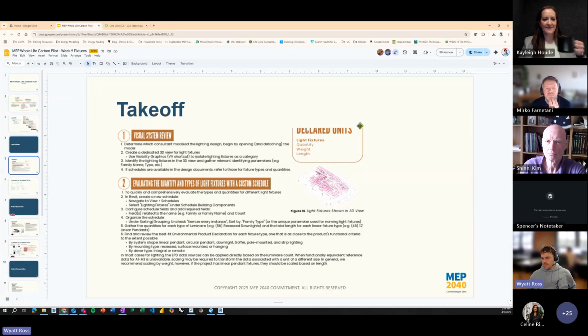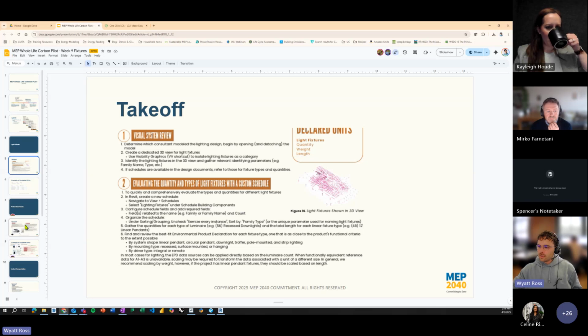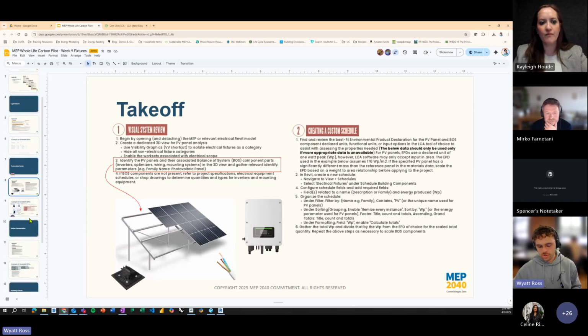Well, hi everybody. So PV panels, very similar to lighting fixtures and other types of takeoffs from an overall general process standpoint. So with PV panels, for the Weimer Hall example, there actually wasn't PV included, so some of your projects may have this, some may not. And depending on the kind of path your project took for designing, very similar to lighting, there might be multiple parties at play when it comes to the PV design.